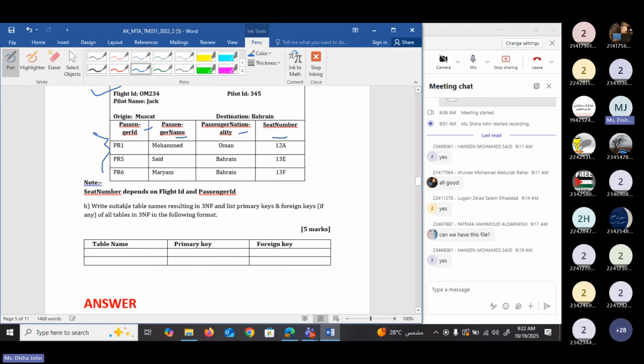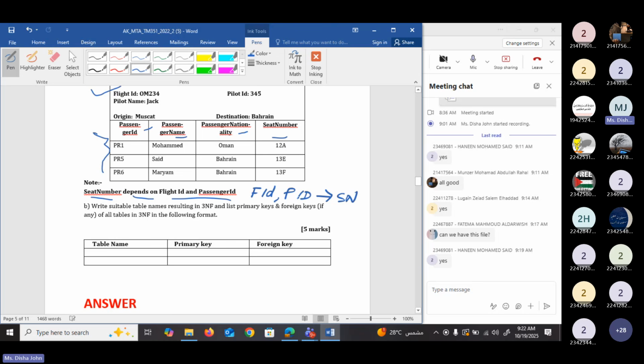Now here they provided a note. Seat number depends on flight ID and passenger ID. So this is a functional dependency. How we write it: flight ID, comma, passenger ID determines seat number.